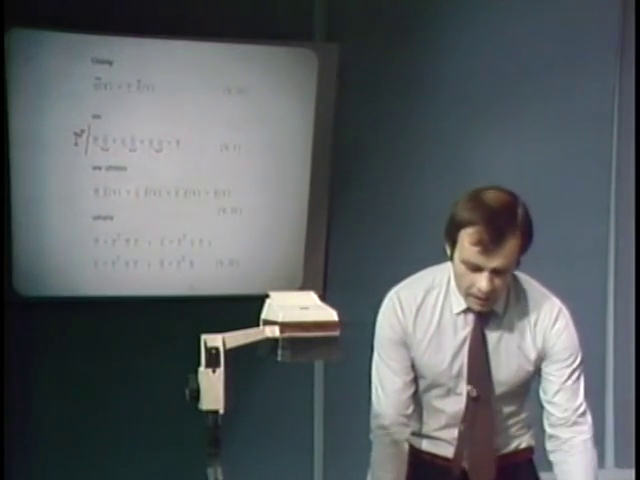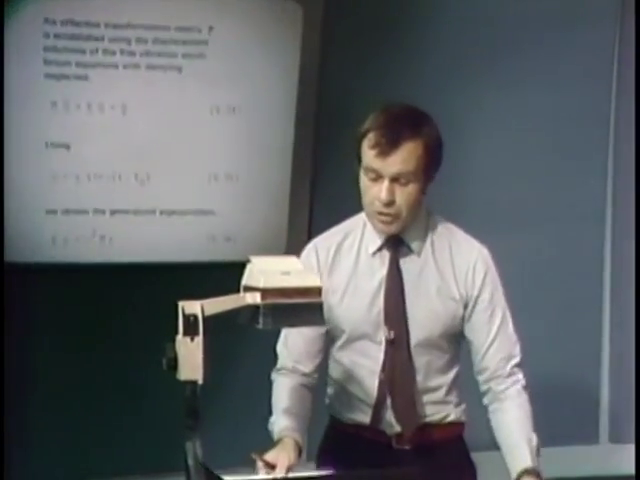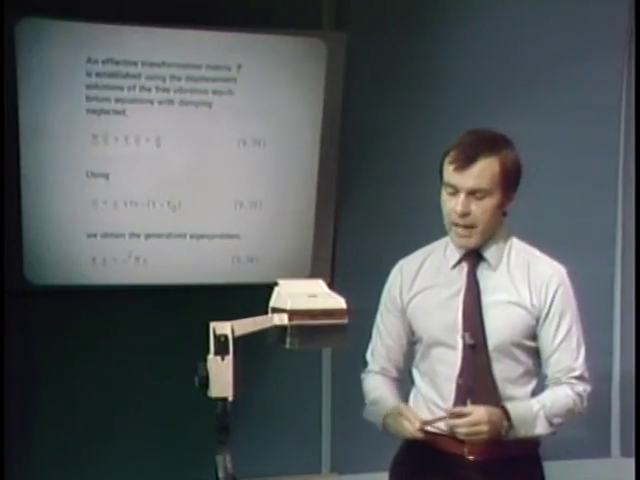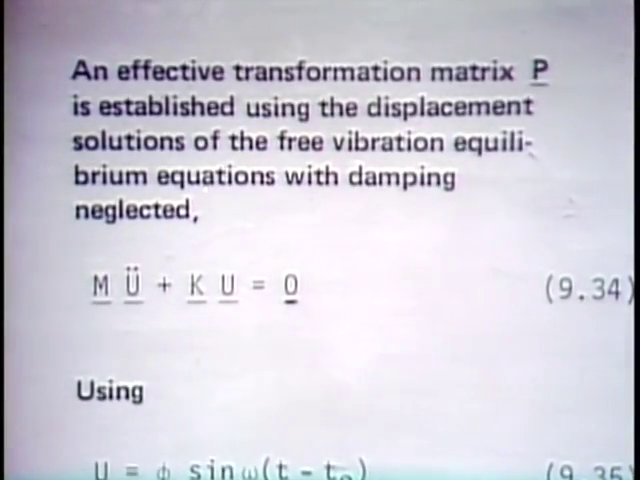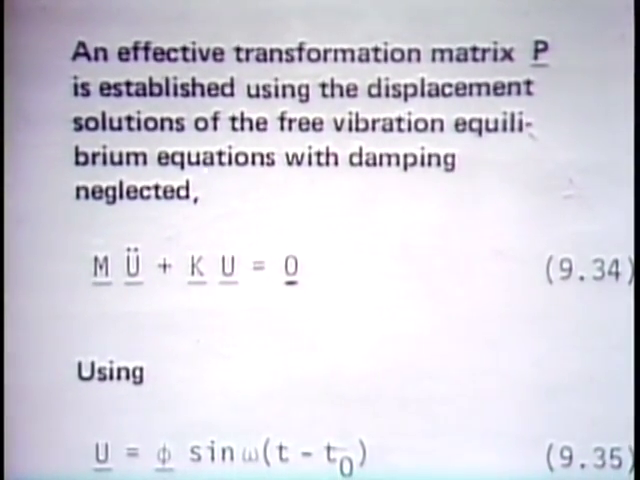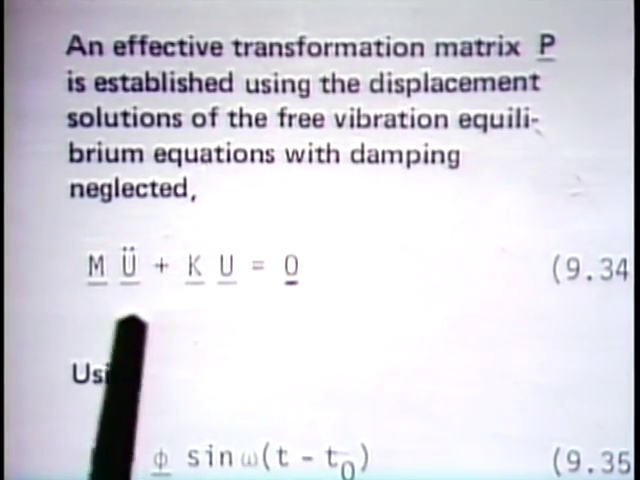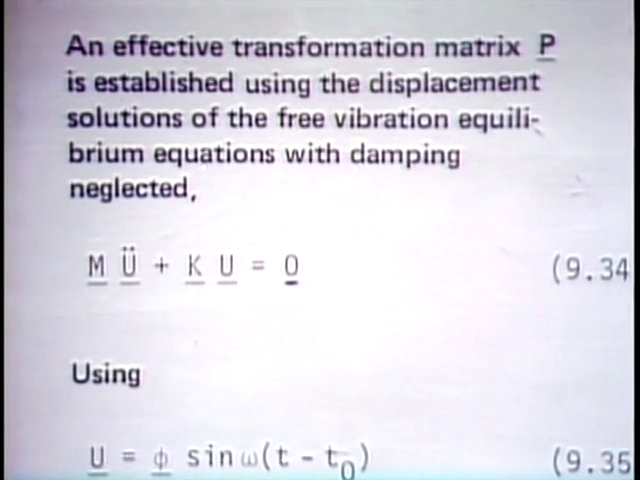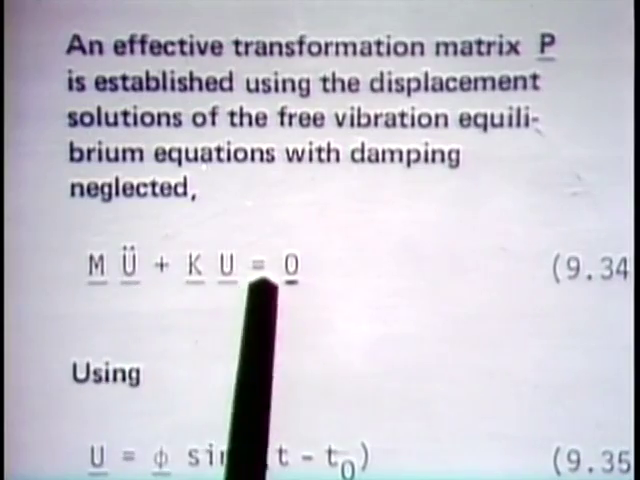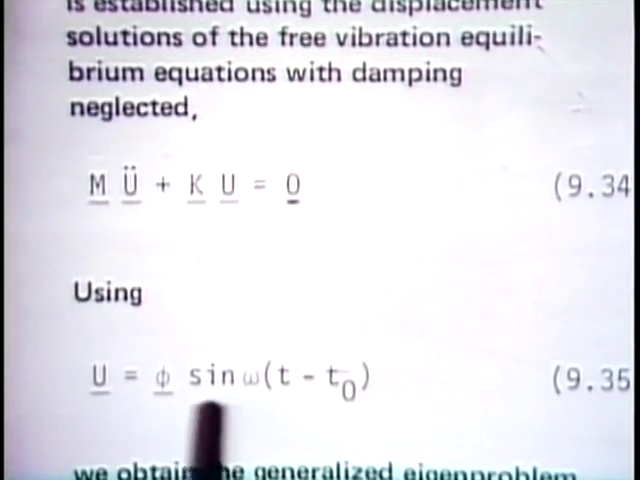Well, the P matrix can be constructed effectively by looking at the free vibration equilibrium equations of the system. If we look at these equilibrium equations here, in which we neglect damping and we neglect the right-hand side forces, we're looking at the equilibrium equations of the dynamic system without damping and without forces applied. And if we look for a solution to this system, then we can assume a solution of this form, u